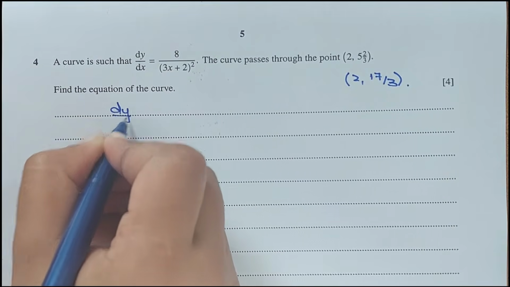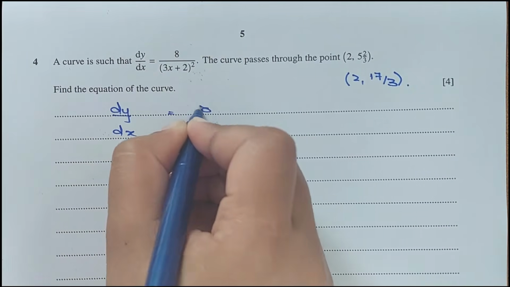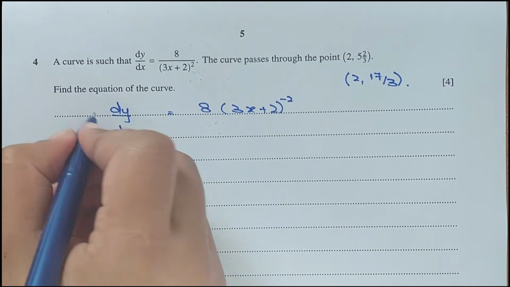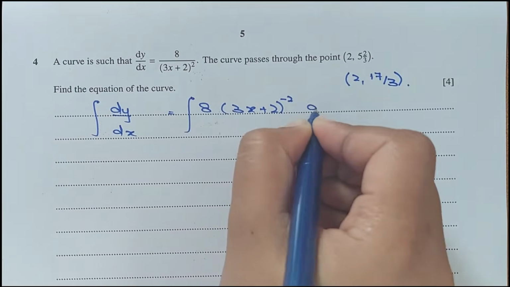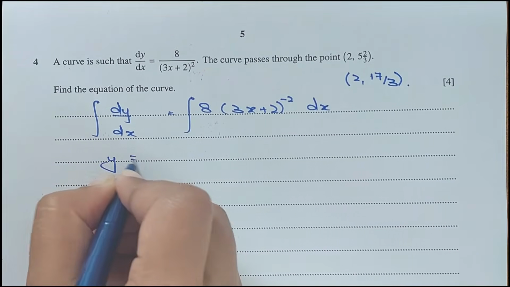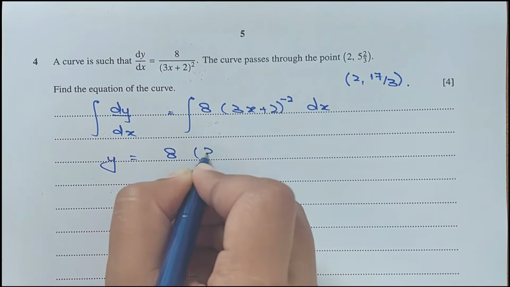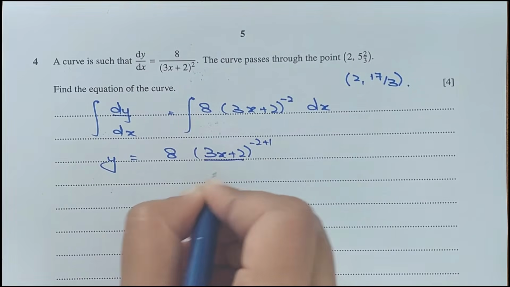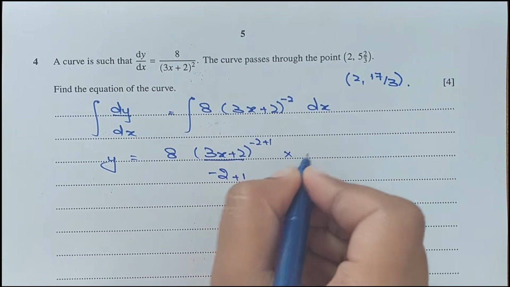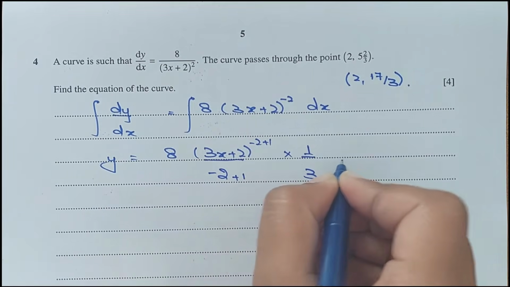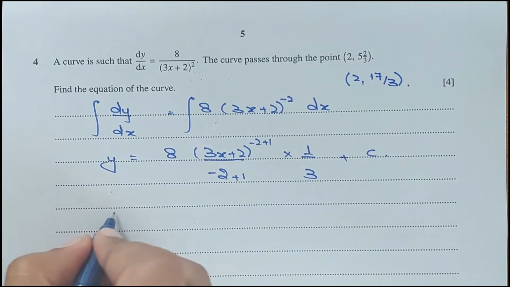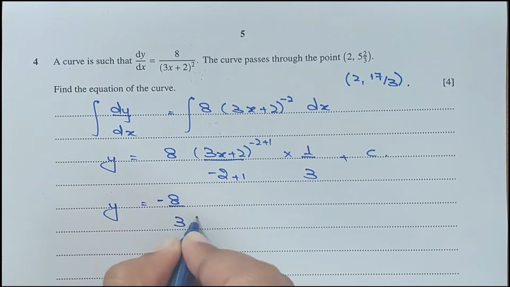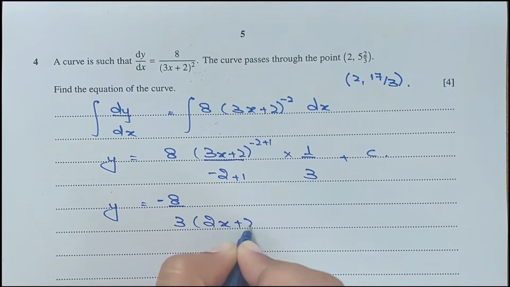We have given dy over dx, which is equal to 8 into (3x plus 2) to the power minus 2, right? We need to integrate on both sides with respect to x. So we are left with y, where 8 is outside. We need to do the power rule. (3x plus 2) to the power minus 2 plus 1 over minus 2 plus 1, multiplied by 1 over the derivative, which is 3, plus some constant of integration, right? So y would be equal to 8 over 3 with a negative sign into (3x plus 2) to the power minus 1